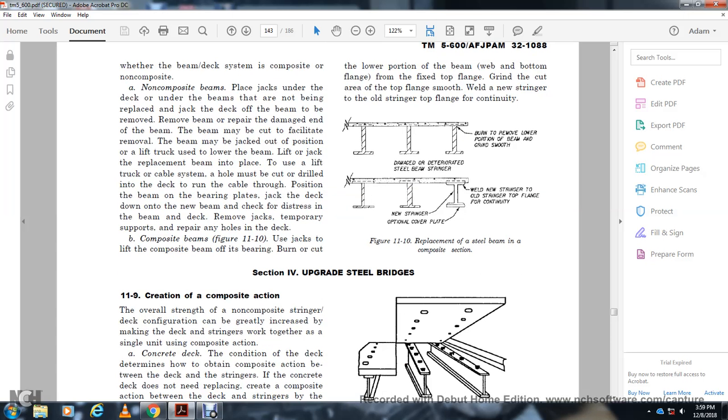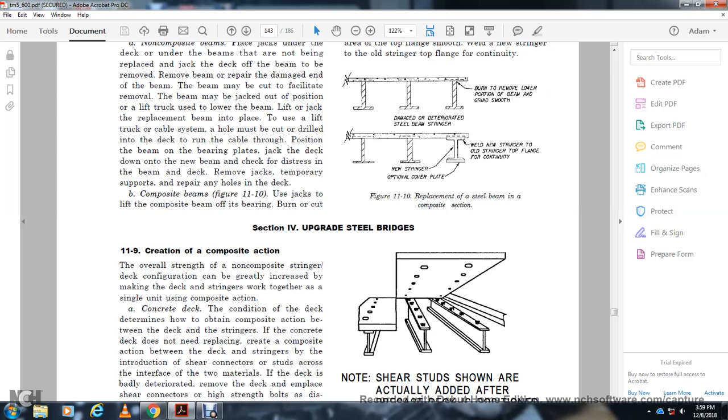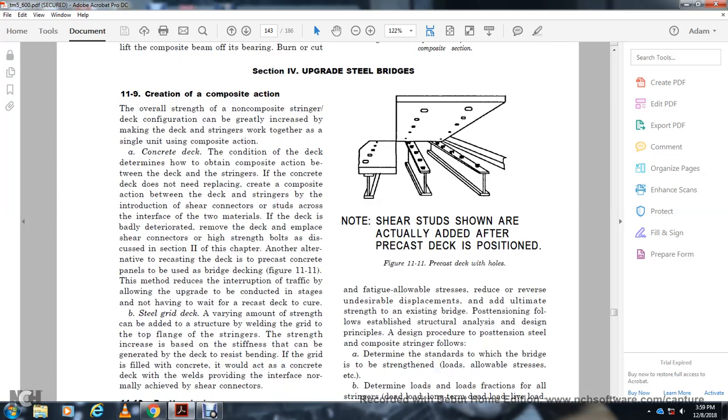Alright, section 4. Upgrading steel bridges by creating composite action. Overall strength with the new composite and non-composite stringer configuration can be greatly increased by making the deck and the stringer work together as a single unit, composite action. Your concrete deck. The condition of the deck determines how you obtain composite action between the deck and the stringer. If the concrete deck does not need to be replaced, create composite action